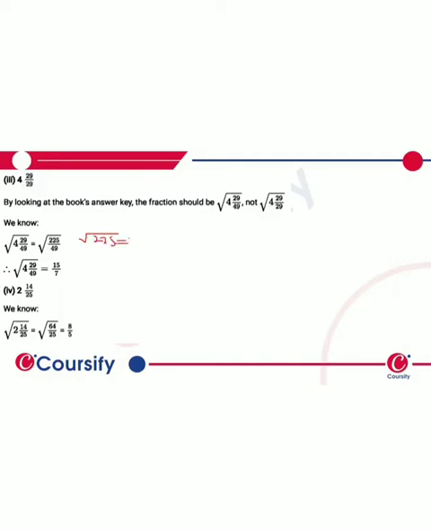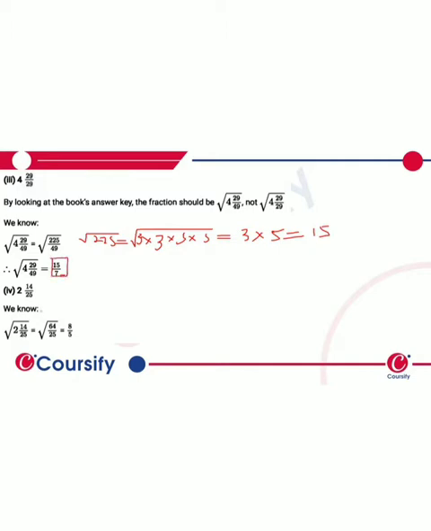is equals to 3 into 3 into 5 into 5. These are the factors. So this gives us 3 as common, that is equals to 3, and 5 as common, that is 5. So 3 into 5 will have 15. And for the denominator, that is 49, and we know that 49 as a square root is equals to 7. So the answer is 15 by 7.